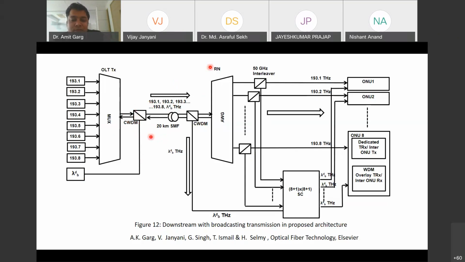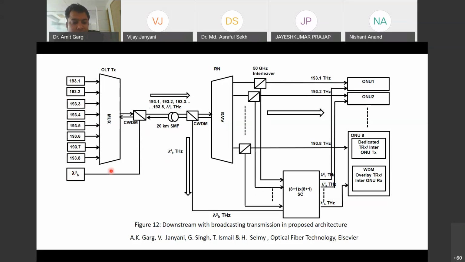One thing more, sir. If I make this lambda B a separate signal and make it one of your input signals for broadcasting, so that it goes directly downstream to all ONUs. You have used 8 input signals.